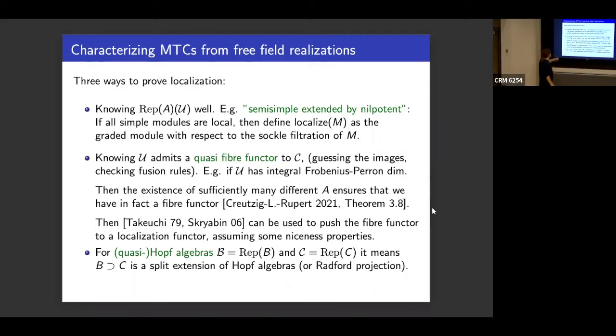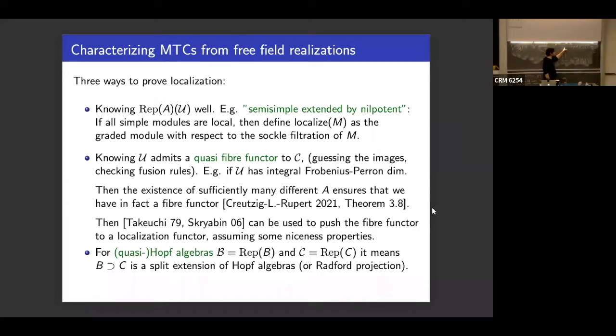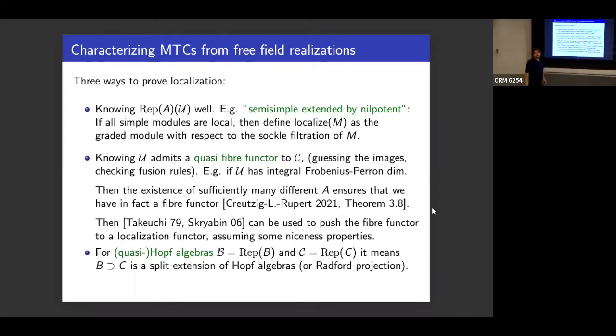And then third, for the Hopf algebra people, what does it mean for a quasi-Hopf algebra? Here's some quasi-Hopf algebra or Hopf algebra, here's some Hopf algebra, here's some Hopf algebra. Here you have some inclusion, which means there's a quotient Hopf algebra. And it means exactly that this is a split extension. So it means that this Hopf algebra is not some arbitrary complicated Hopf algebra, but it's a semi-direct product of a Hopf algebra here with another Hopf algebra. So it's again a splitting condition. It's the fact that the Borel part splits. It is not just a quotient to the Cartan part, but it splits. It's a semi-direct product. So those are three different ways of proving localization, or scenarios in which you have localization.